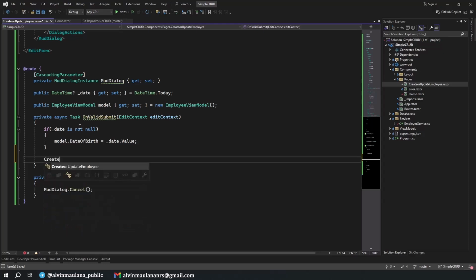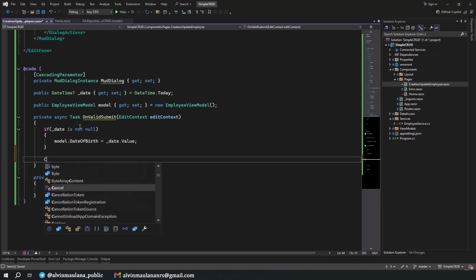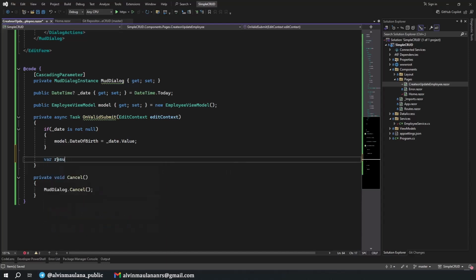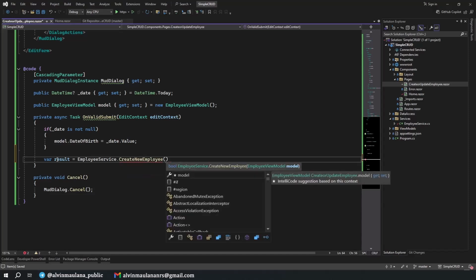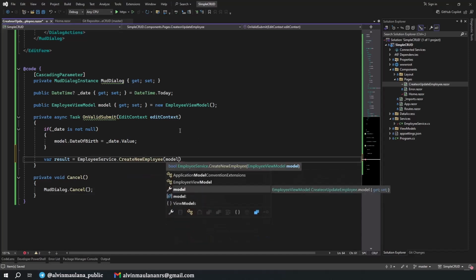And then we can get the var result of employee service create new employee, and then we can provide the model we have in here.